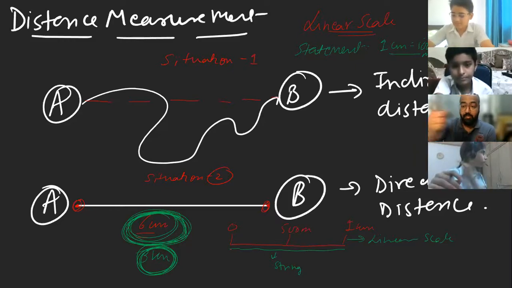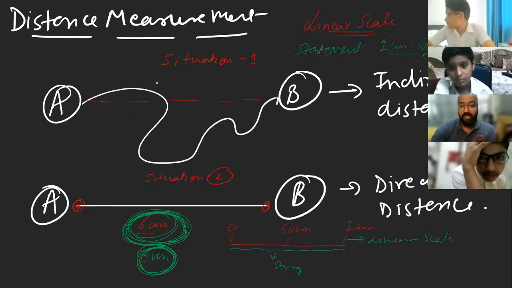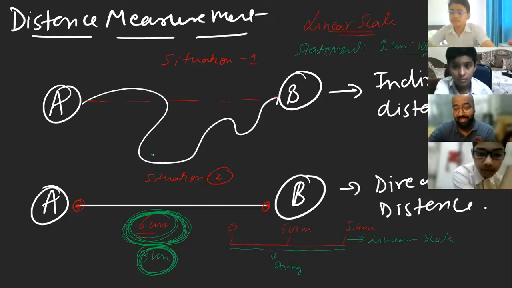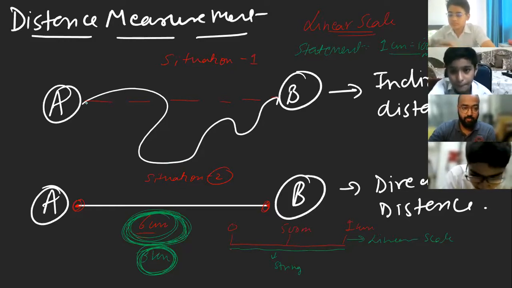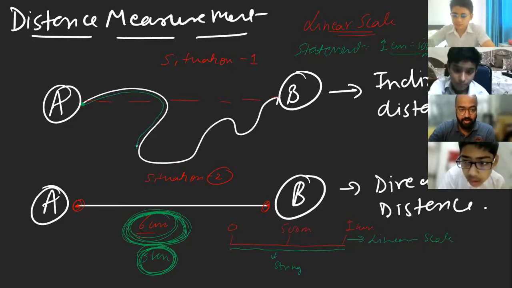Okay, now coming up to the next part, that is this one, indirect distance. Now this indirect distance, can it be measured with the help of a scale? No, sir. Now for that situation you have to place a string. So this is the starting point of a string, and then you will trace the whole road with the help of the string. You will keep it on the road and you will trace the whole string.